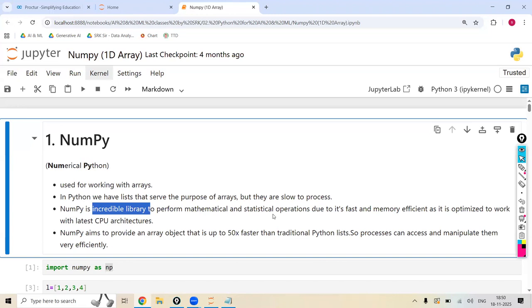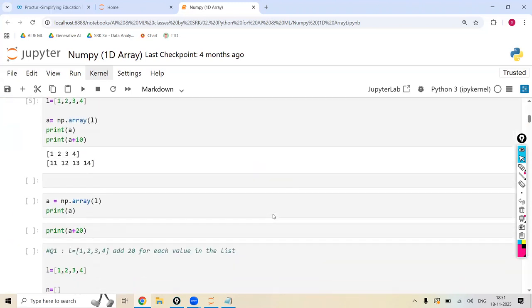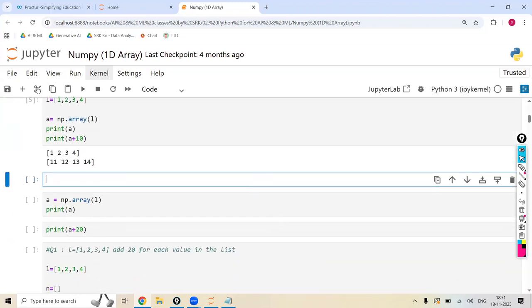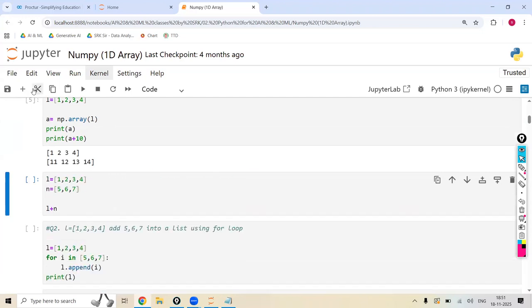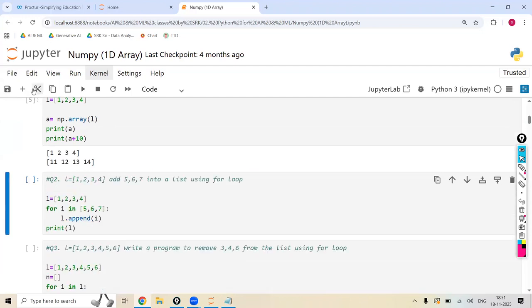So since we are using Python for our ML and for all the processing purposes, obviously we have to work with NumPy. Done? So here, this is NumPy. Next, as I've told you, multiple questions using the for loop. Using the for loop, you are having this. For example,